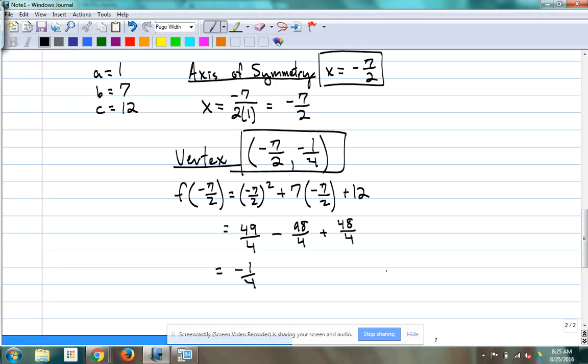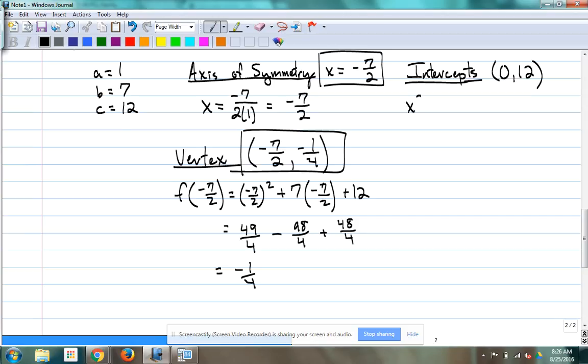From there, we need to talk about our intercepts. That's important, and then we'll talk about domain and range. What's the y-intercept? 0, 12, right? That's one of our intercepts, 0, 12. So if you plug in a 0 for x, you're going to get 12 back. Okay. The other intercepts